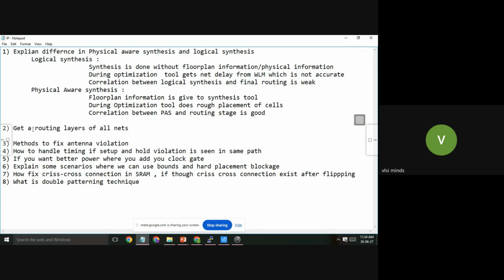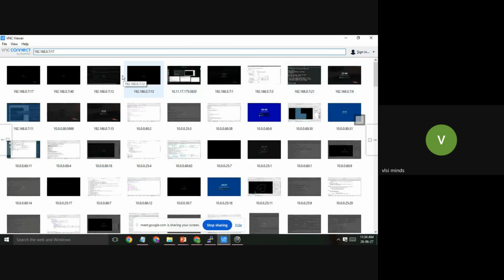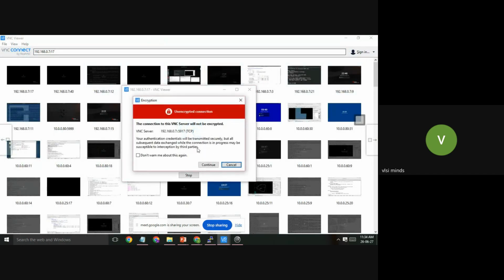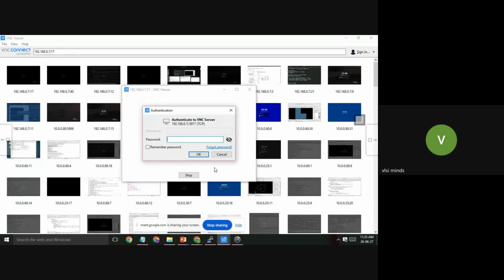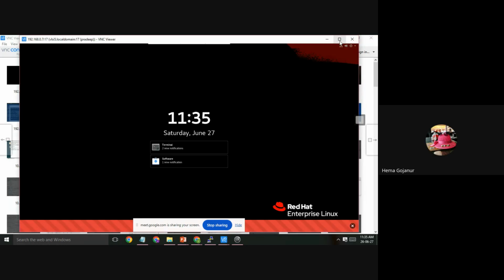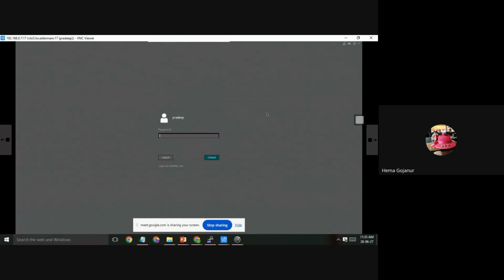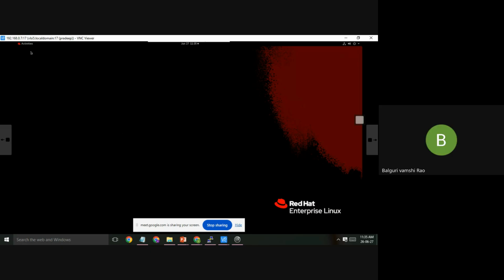Okay, so to get all the routing layers of a net, how do you get it? Any command you will use? So by using a dbget command. How many of you are aware of the dbget commands? Everyone knows about dbget commands? No, sir.